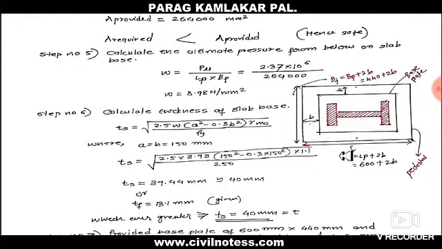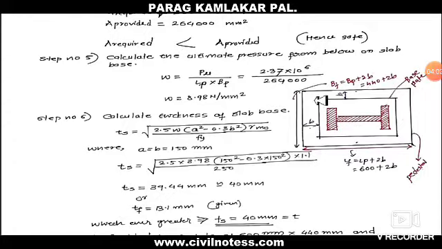The distance of this overall side will be represented by B_f, which is nothing but B_p plus b plus b, that is B_p plus 2b. Here also it is L_p, L_p plus b plus b, L_p plus 2b.